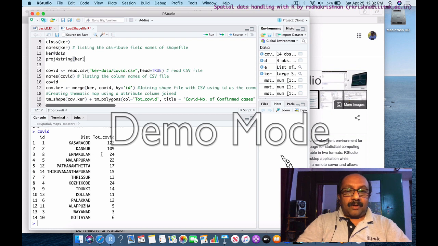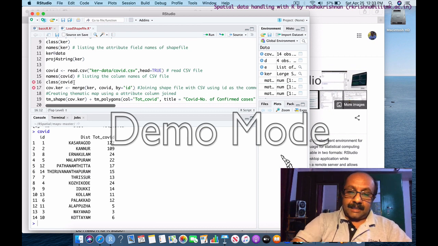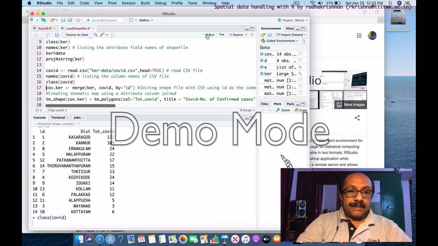Once they are cross-checked, cross-validated, and if they are matching, then you can go ahead with merging this data with Kerala. Before we do this, let us check once again. So this is the data the CSV file is holding. Now it is no more CSV, because when you take the CSV into R, the class type of the COVID data is a data frame.